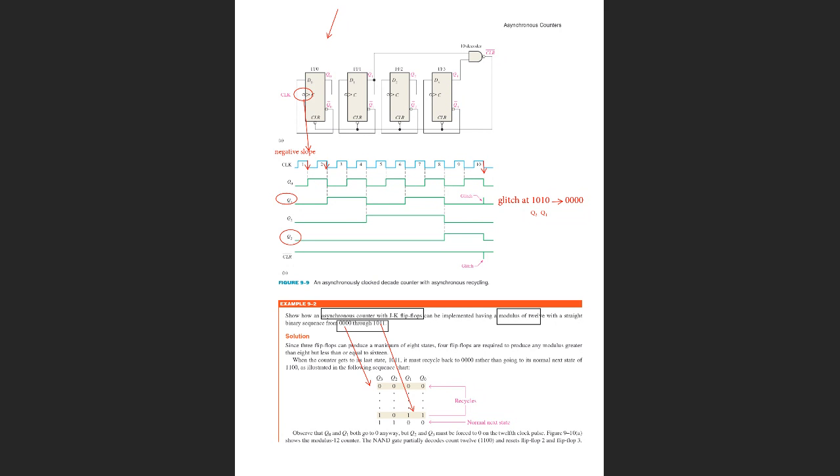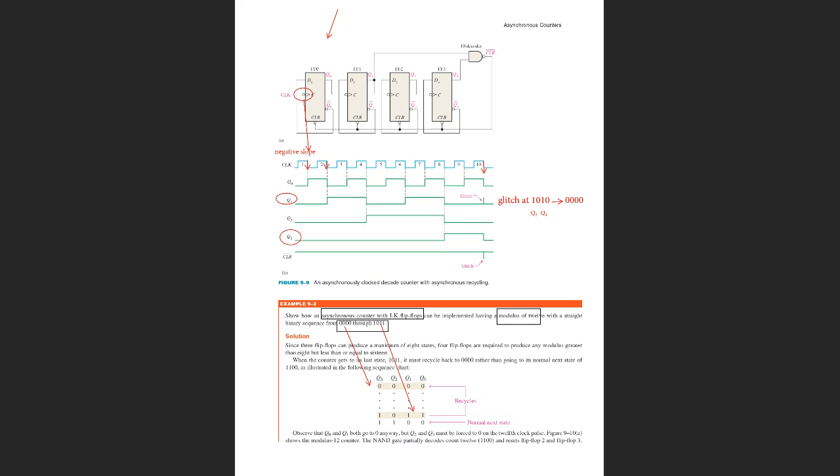When Q1 and Q3 are both 1, the output will be 0. Clear is clearing the whole counter. So whenever Q1 and Q3 are 1,